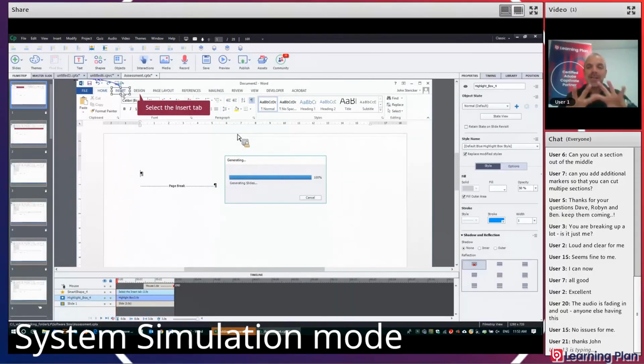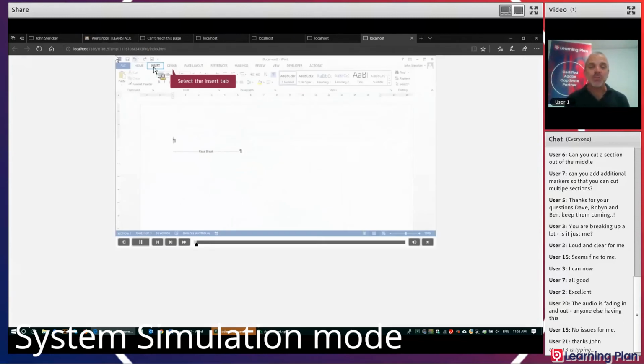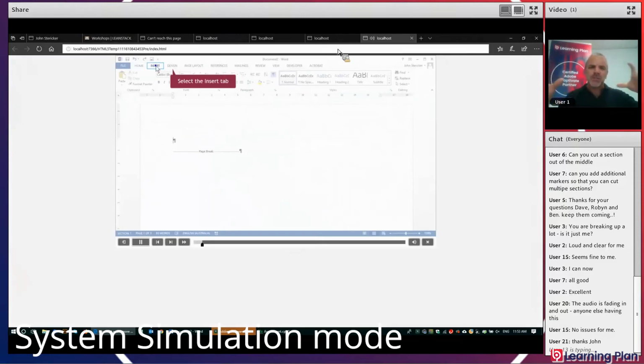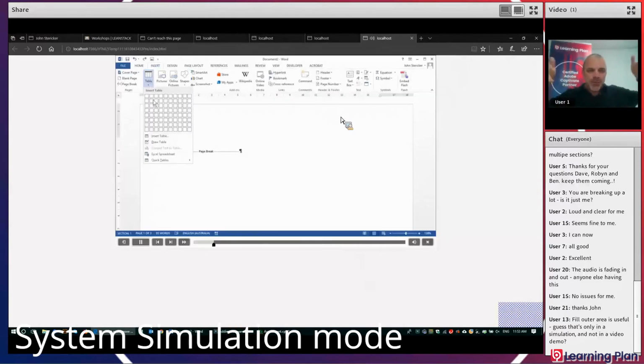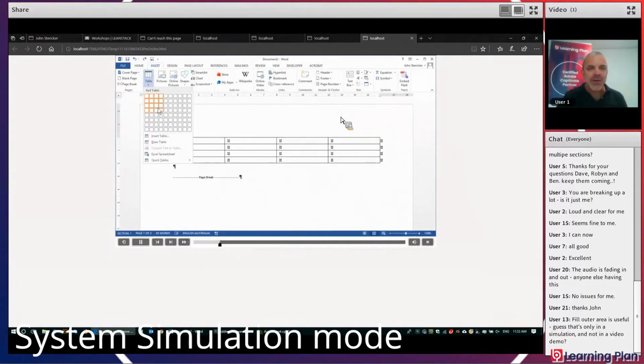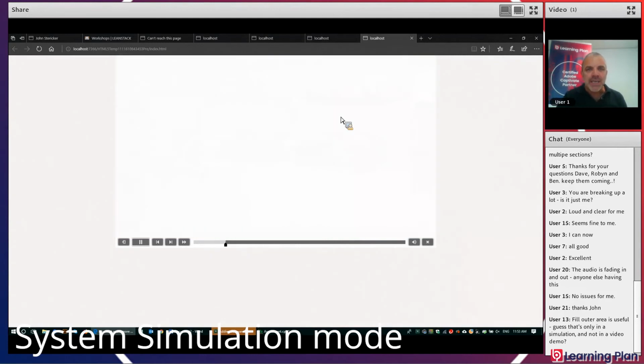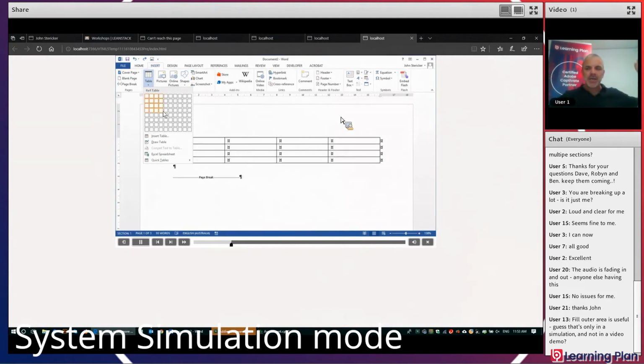So filling the outer area of a highlight box is quite good, especially if the software that you're demonstrating is quite busy and you really want people to focus on a particular area. So you'll see how the rest of the screen has actually become shaded out. So that's quite good if you really want to